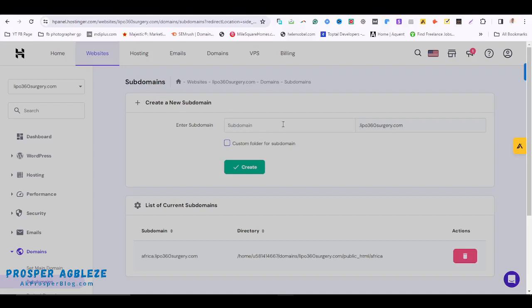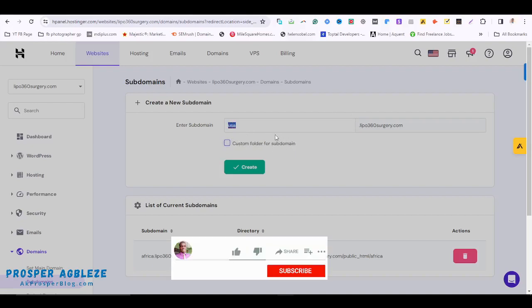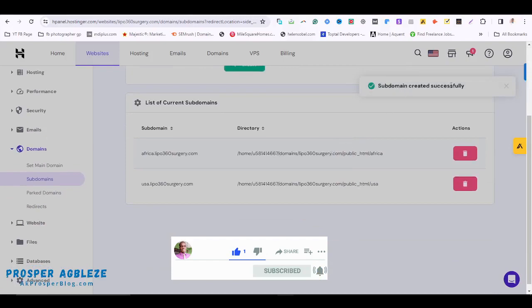So for example, I want to have maybe usa.lipo360surgery.com. So I enter the word I want to have before the domain itself. If you want to have a custom folder, a different folder for the subdomain, you can check this option, then you click on create. So you can see the subdomain created successfully. So this is one here,